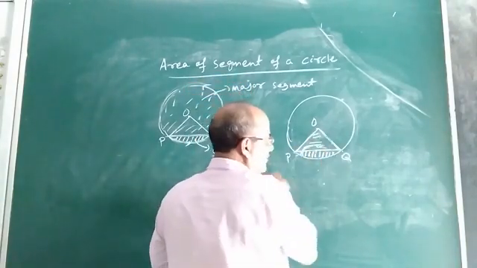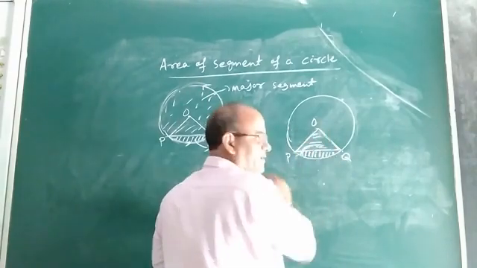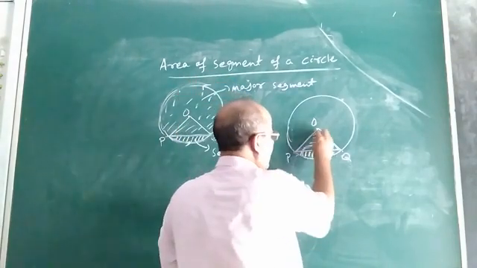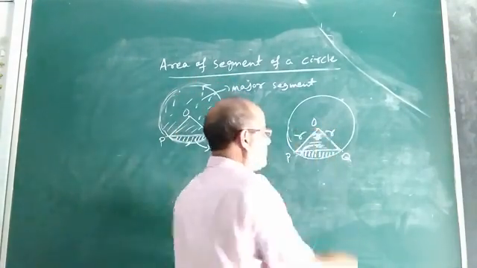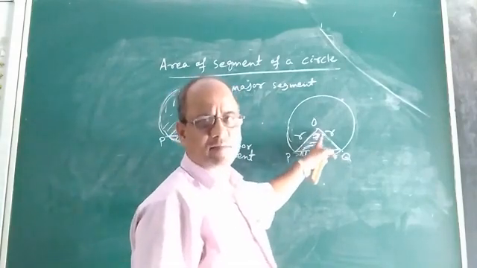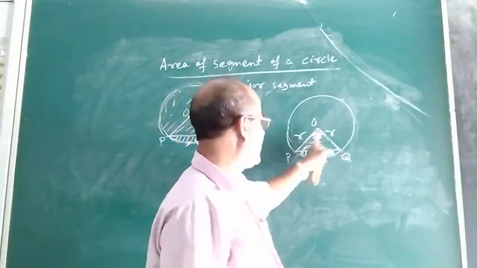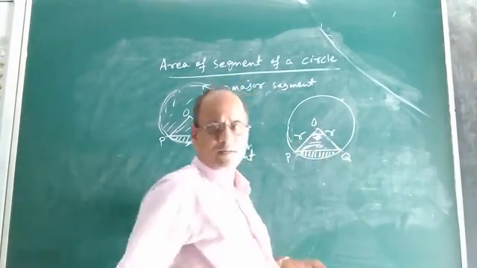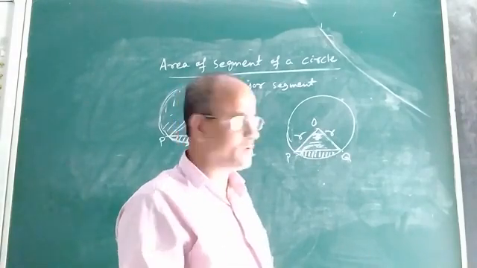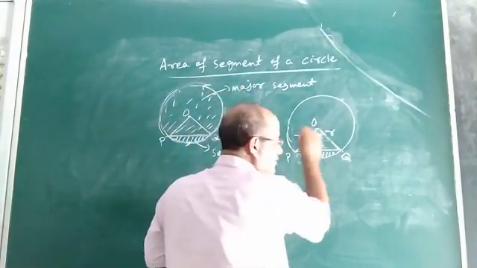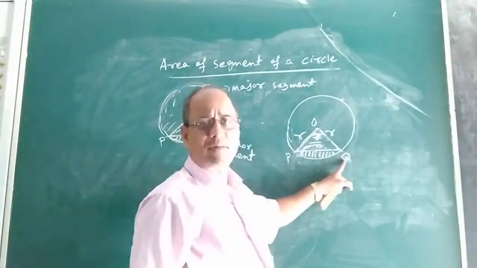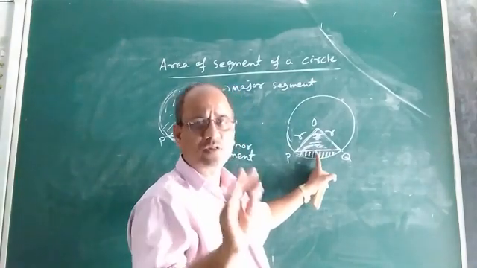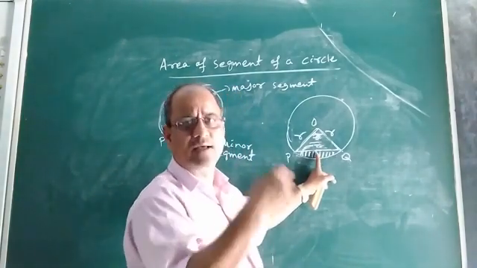Now if we can find the area of the minor sector, you know the formula. It is theta by 360 into pi r square. This angle is theta and this radius is r. If the angle of the minor sector at the center is theta and the radius is r, then the area of this minor sector is theta by 360 into pi r square. Now from the area of this minor sector, what is our aim? Our aim is to find the area of this segment, that is the minor segment. So how can we find the area of the minor segment? What is the formula? That I am going to discuss.